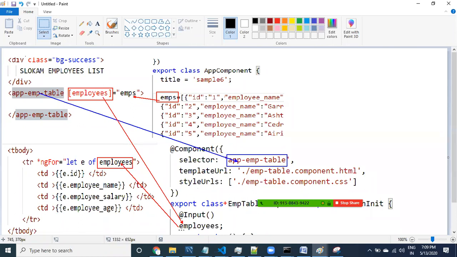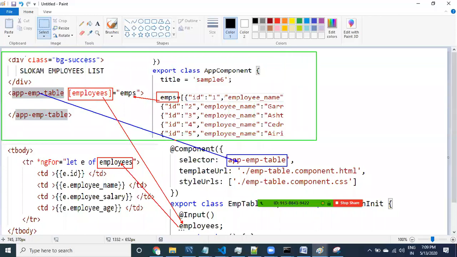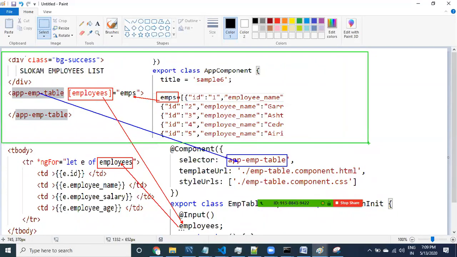Now this diagram will clearly show how data is going to be used. First you are calling the component from the employee component. These two things are related to what? These two things are related to the app component.